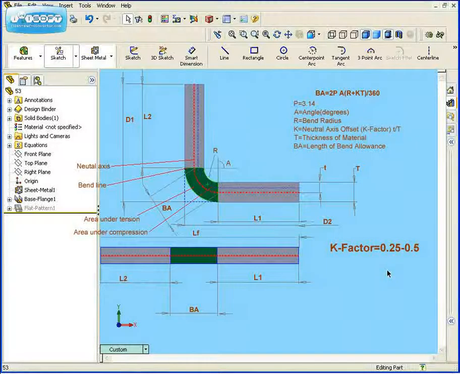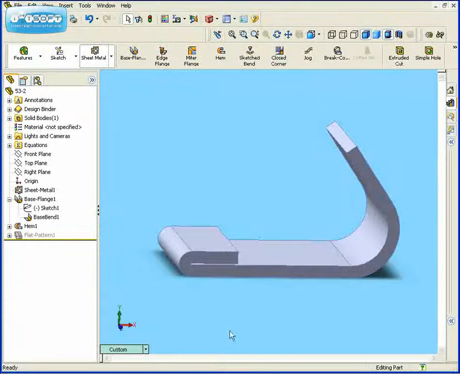For example, you will find that hard materials, such as steel, have a higher K-factor, such as 0.5. Softer materials will have a lower K-factor, closer to 0.25. Copper is an example of a softer material. One last point. The wiped hem on this part has a K-factor of something like 0.3. On the other hand, a soft or gradual and larger bend has a higher K-factor of about 0.5. And this concludes